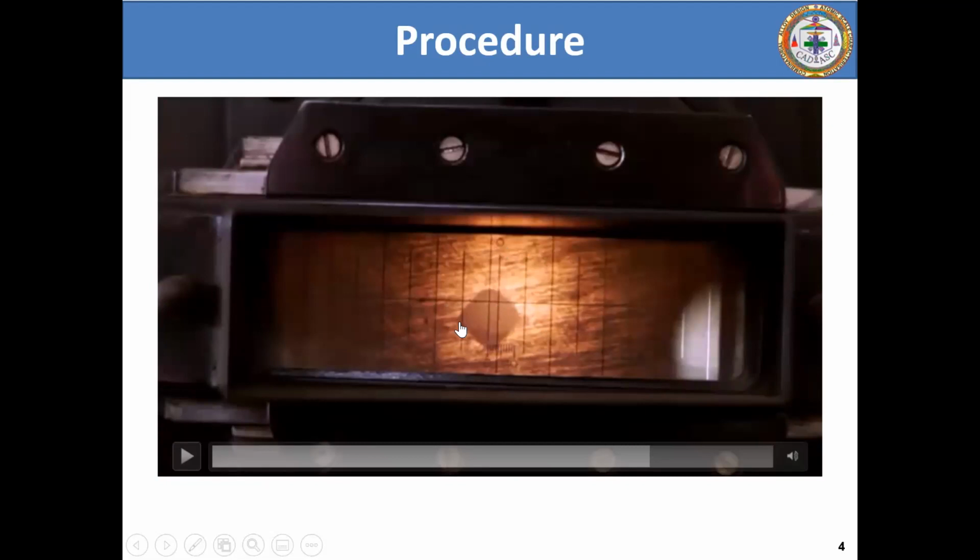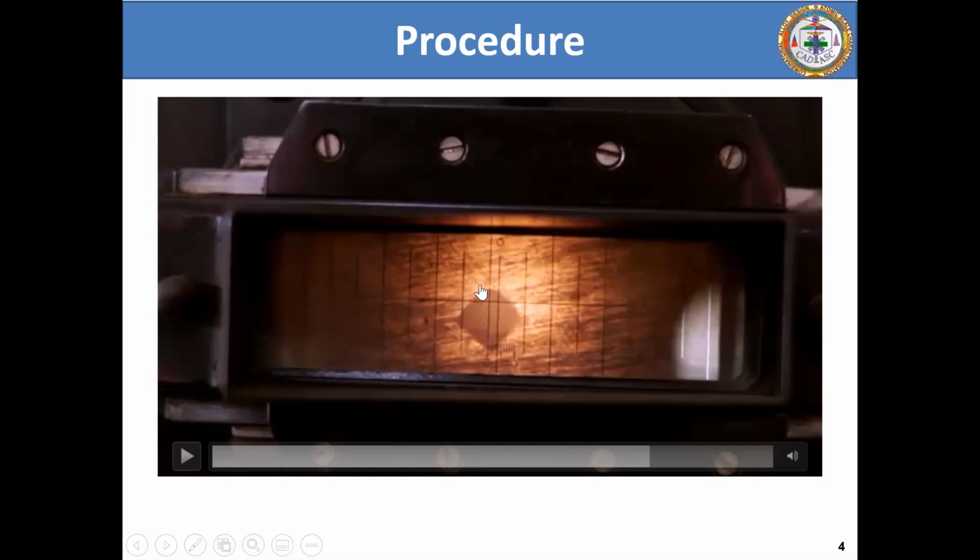And then you have to ensure that one of the lines passes through one of the corners of the indent, and the other line passes parallelly through the opposite corner of the square indent. Okay? This is a square indent that you see. So this line passes through this, the other line passes through this, and you just measure the diagonal. You will be able to do it automatically.